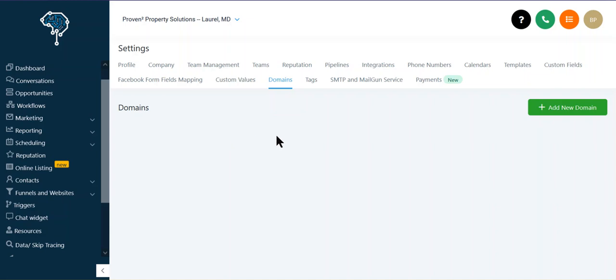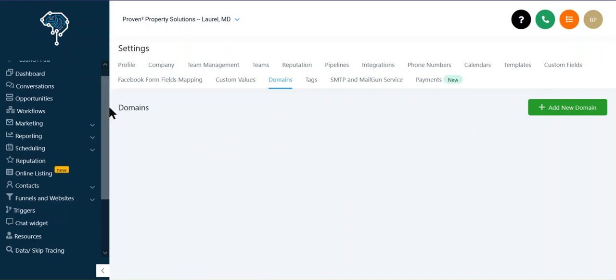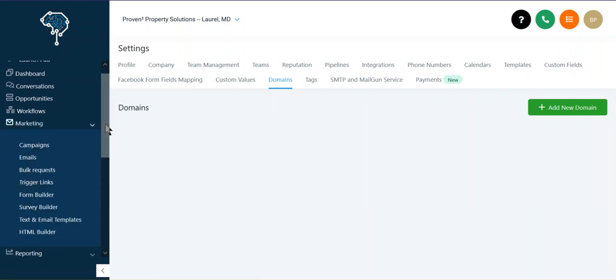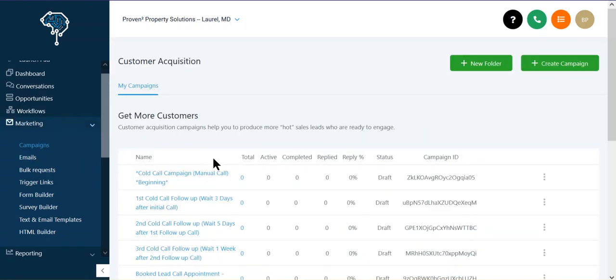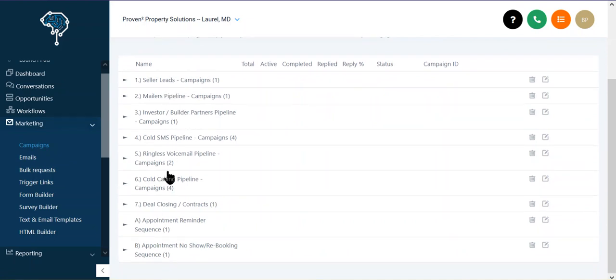Furthermore, we have some marketing campaigns to configure now, so we'll dive right into the marketing SMS campaigns. So the way SMS campaigns work is under marketing, under campaigns, HiveMind would have provided you with quite a few